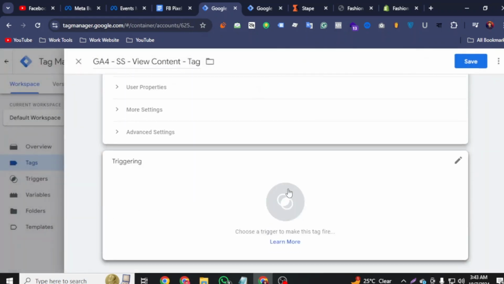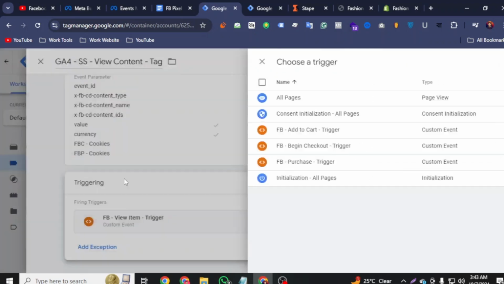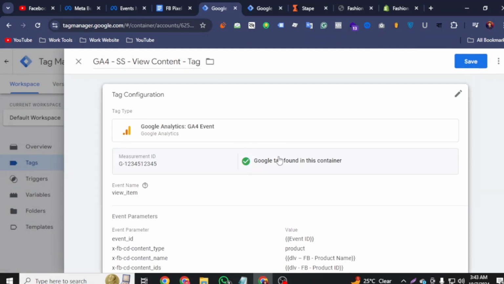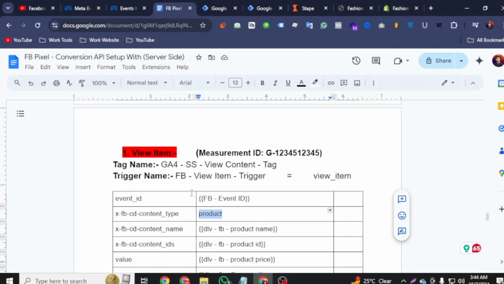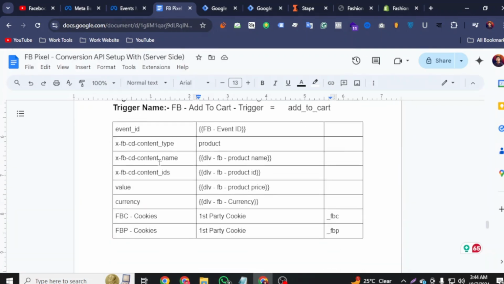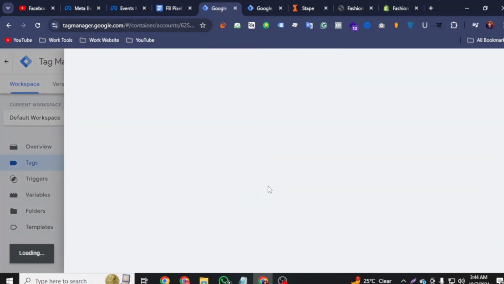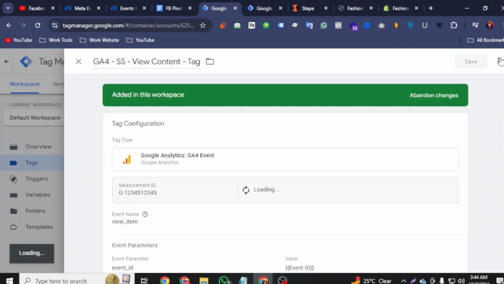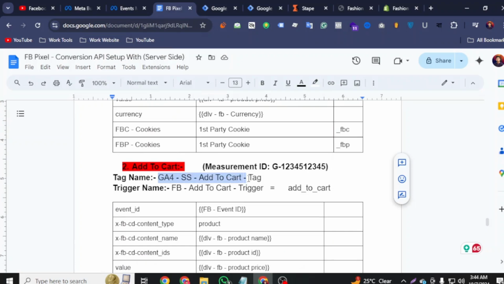And our final work is we just select our trigger, that is our view item trigger, and our whole process is done, that is a green signal, and just save it. So look at that, as usual our view content and our add to cart event is also the same. So we simply copy the view content event and change the name. Okay, copy it and just change the name here,